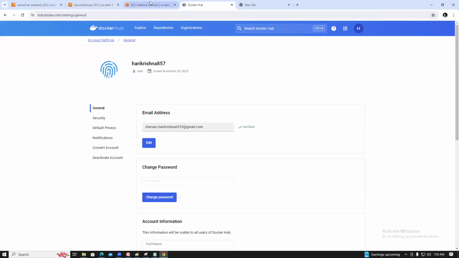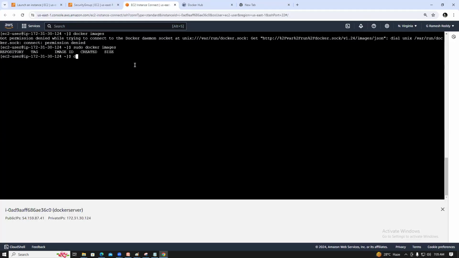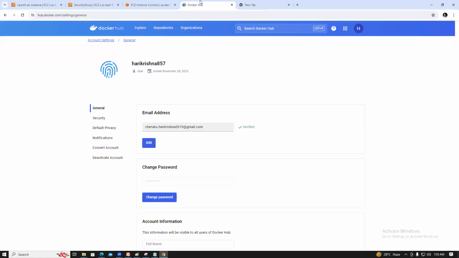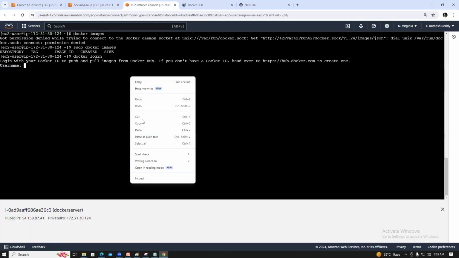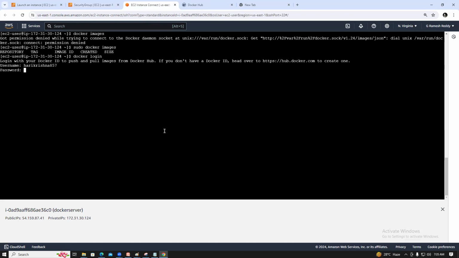So what is the username? Docker Hub account, docker login. Login with your Docker ID to push and pull the images from the Docker Hub. If you want to have a Docker ID, head over to Docker to create one. We have one already. So what is the account, guys? Hare Krishna 857. What is the password? Password is